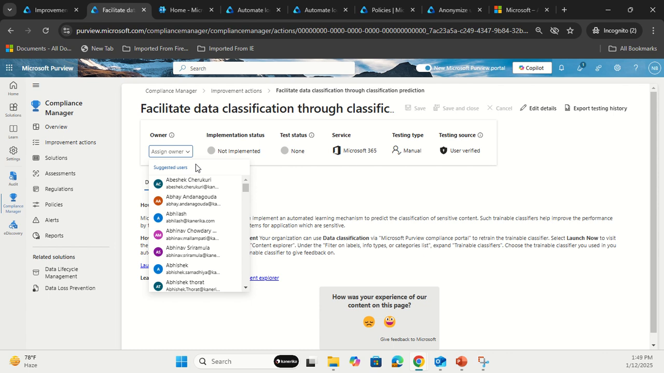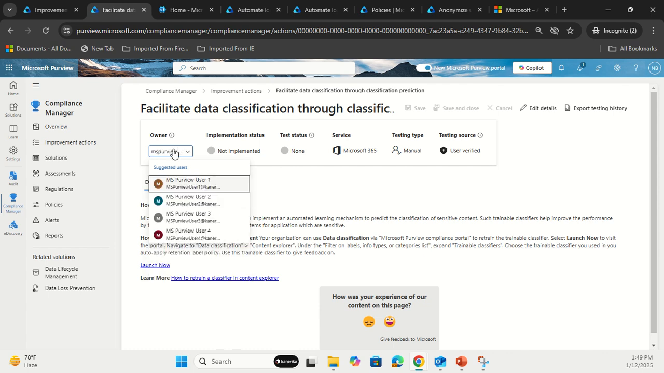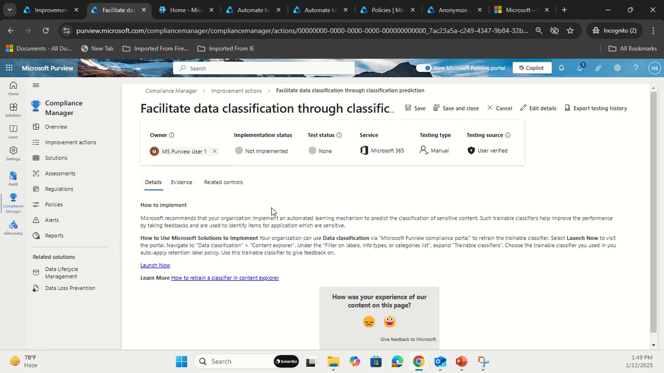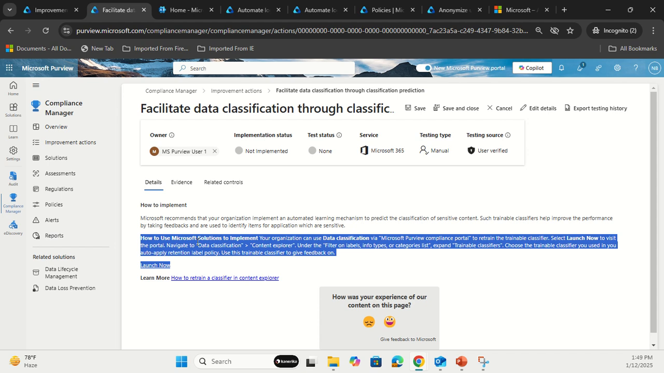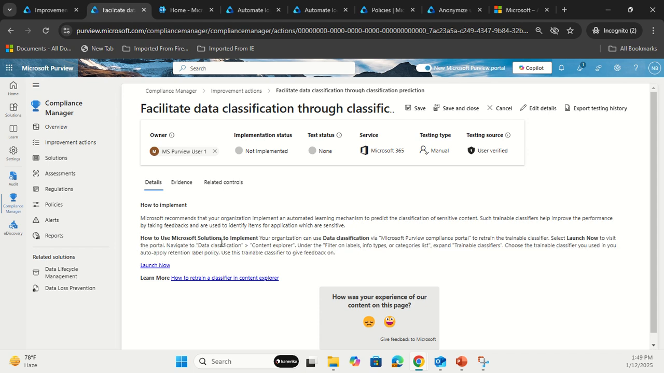You can assign this to a specific user and then check out how this improvement action can be applied. In order to use this, your organization can use data classification in the Microsoft Purview Compliance Portal to retrain a trainable